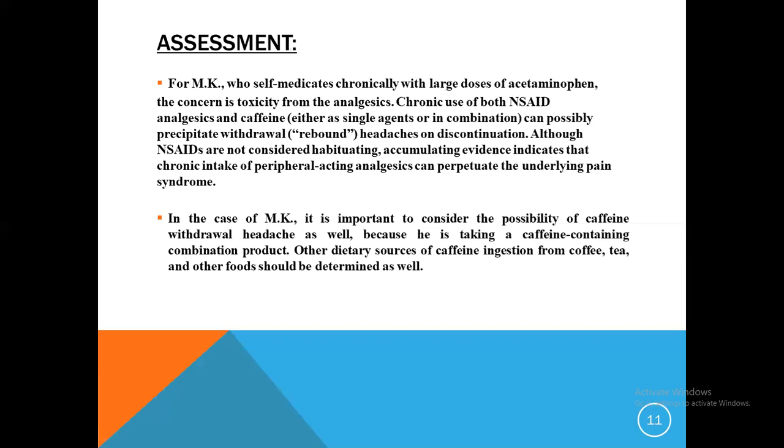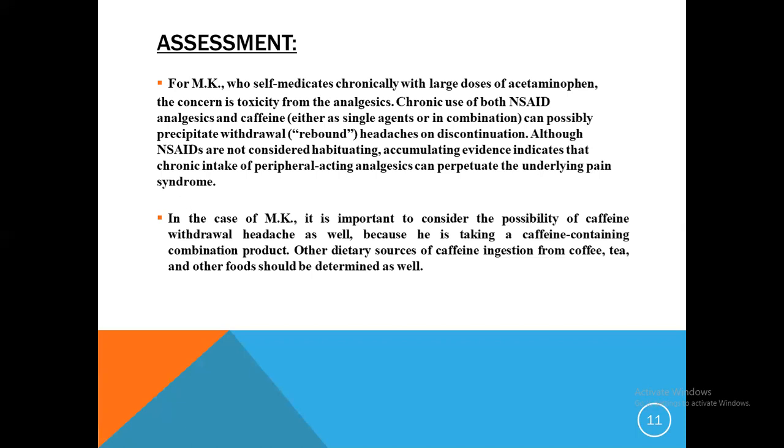Assessment for MK, who self-medicates chronically with large doses of acetaminophen: the concern is toxicity of analgesics. Chronic use of both NSAID analgesics and caffeine, either as single agents or in combination, can possibly precipitate withdrawal headaches, which are also termed rebound headaches, on the discontinuation of medication. Although NSAIDs are not considered habituating, accumulating evidence indicates that chronic intake of peripherally acting analgesics can perpetuate the underlying